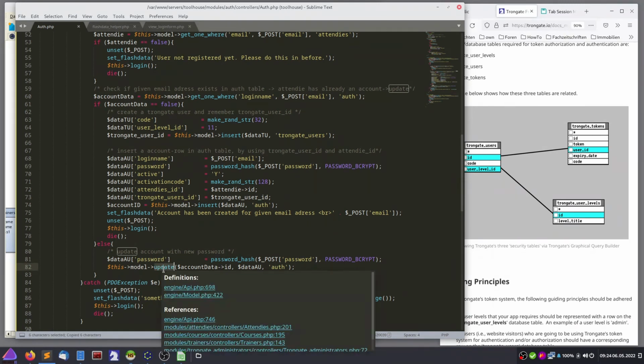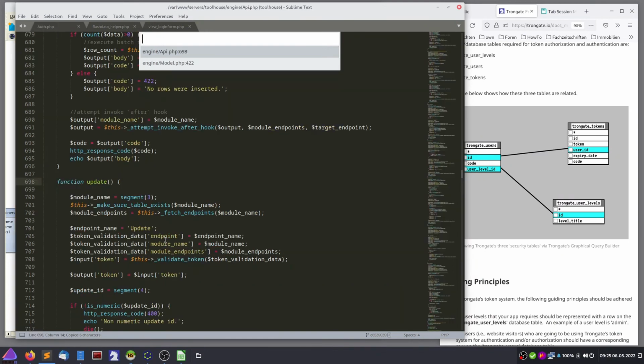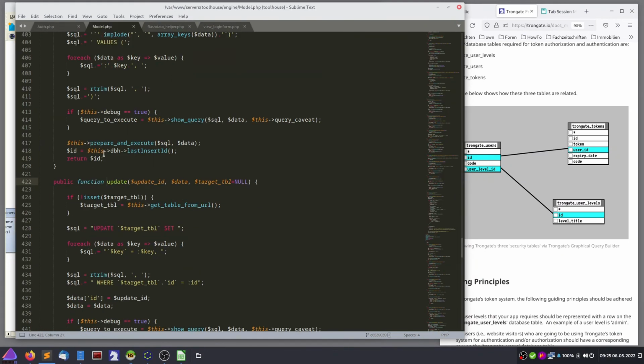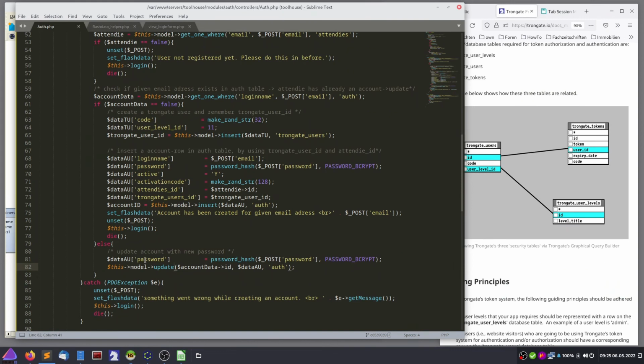So if we look at the implementation of this update function, we see that this data is iterated, and for every key it adds this key, also update, and then column equals something, where target table, and so on. So only this column is updated. If this works out,